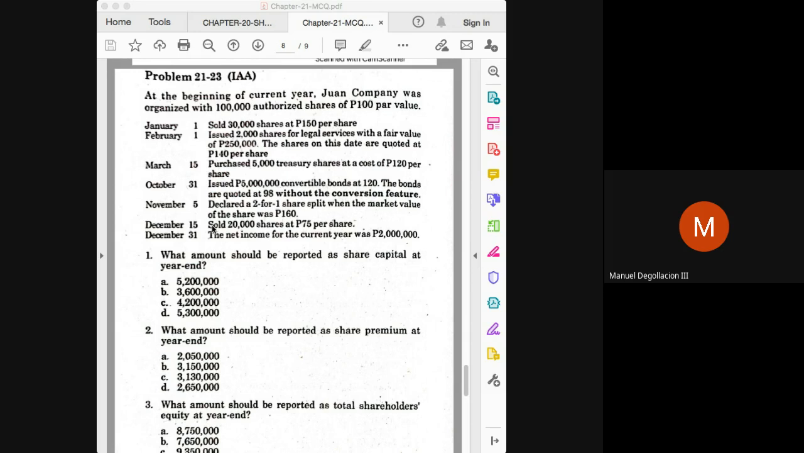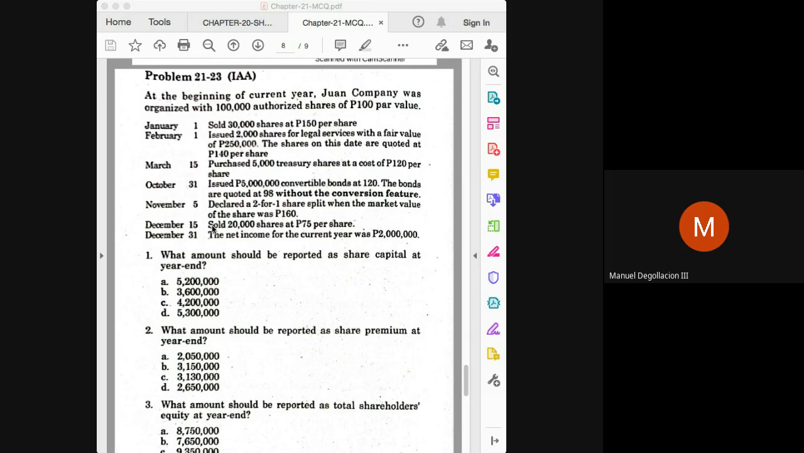Okay, February 1 issued 2,000 shares for legal services with a fair value of 250. The shares on this date are quoted at 140. We will not be using the quoted price of the shares because we are given the fair value of the services we have received. Okay, so debit expenses 250,000, and then credit share capital for the par value of the 2,000 shares, which is 200,000. So again, our entry is debit expenses 250,000, credit share capital 200,000, and credit share premium